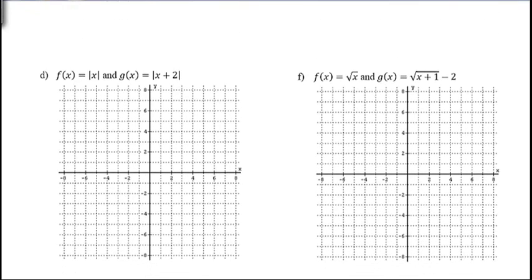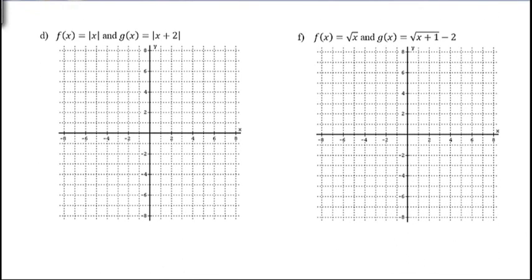And down to our next one. So again, another absolute value graph. This time we have a plus 2 inside. When we had a minus 2 inside, we went to the right 2. So a plus 2 inside means we're going to go left 2. And so the bottom of the V will be right here at negative 2, 0. And again, just go right 1, up 1, and then left 1, up 1